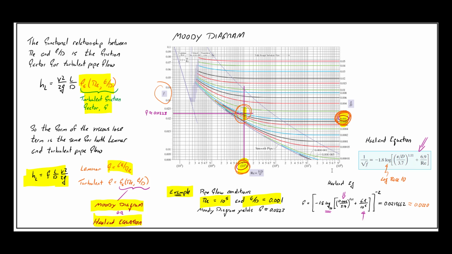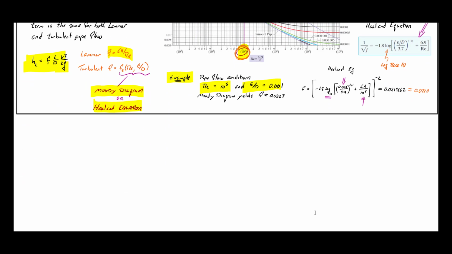But again, we've looked at it in class that we make the minor losses look like the major losses, which is f L over D V squared over 2G, by simply writing, and let me write it down here on the bottom,